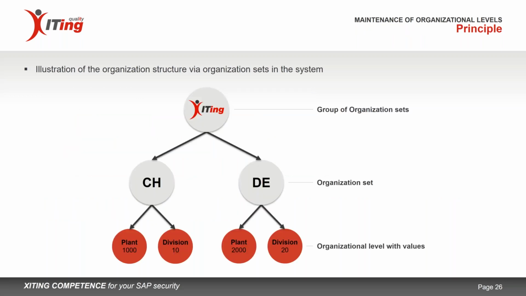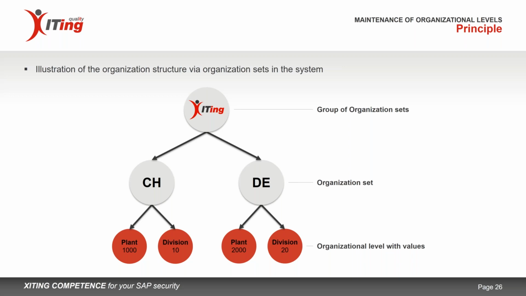All right. So we build things based on what we call org sets. At the bottom are our org values, typical values that you're used to seeing in an org value in a profile generator scenario. So plant, division, company code, those kind of things, all of the org value information. Typically in profile generator, we'd go through and manually insert these values. With our tool, we're going to create org sets. So for example, here we have an org set for Germany and an org set for Switzerland, right, with a plant and division for each one. Okay,